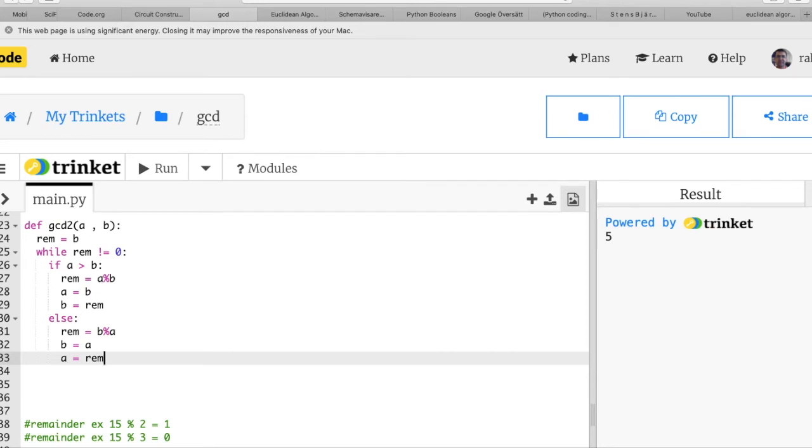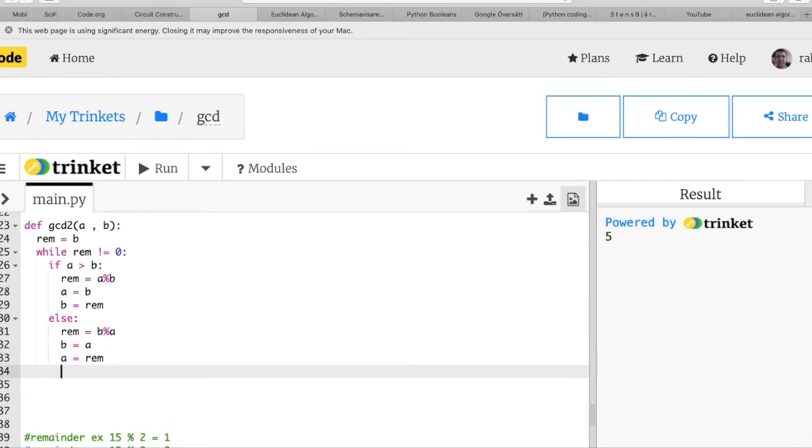Okay, so we iterate as long as the remainder is not equal to 0, because at some point the remainder will get to 0. So when the remainder gets to 0, we will get out of this while loop. So in that case, we will return our result: either a will be the greatest common divisor and b will be 0,